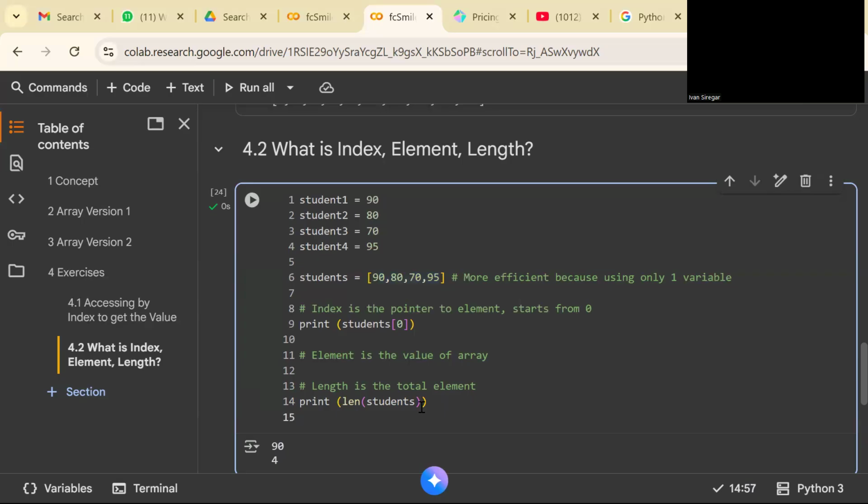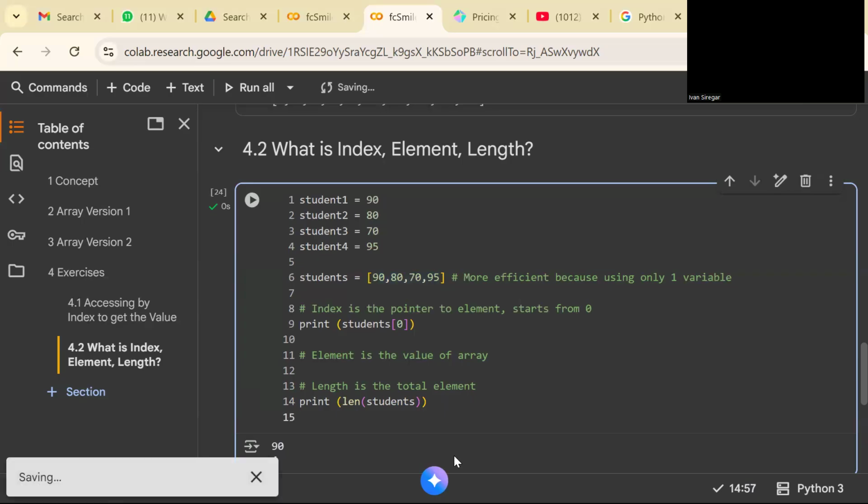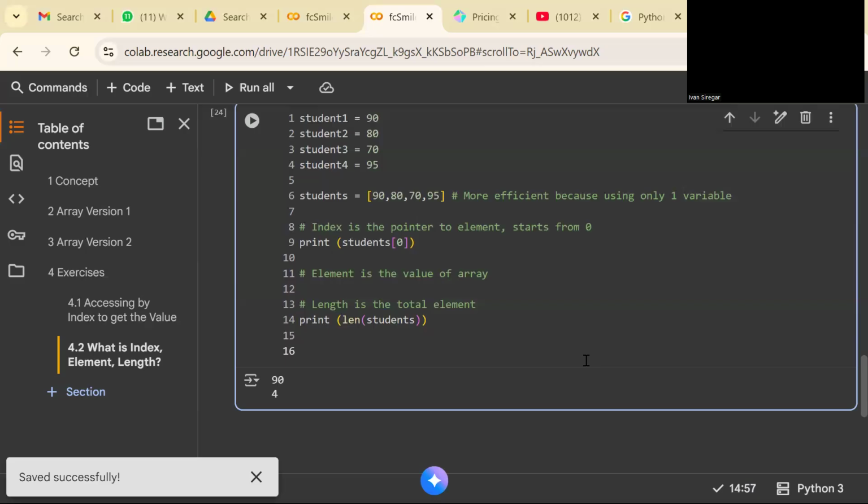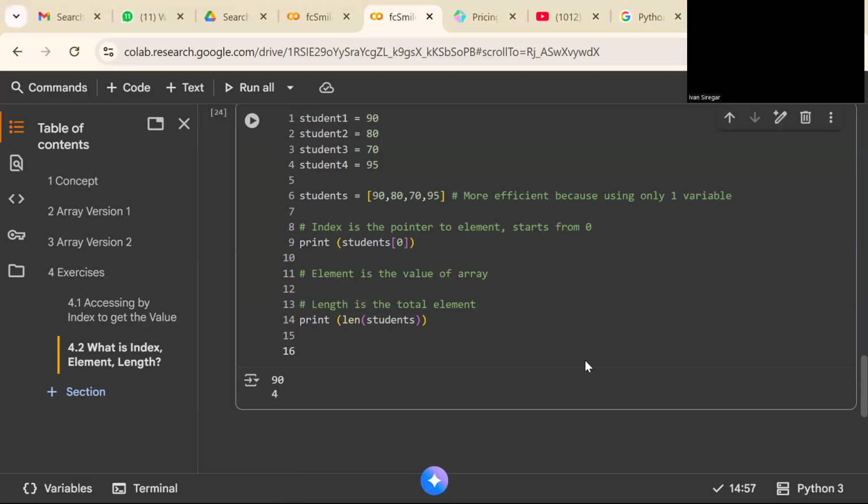We have 4 elements. So I think it's very clear. So you can access the elements by using a loop. So I can put the loop here.